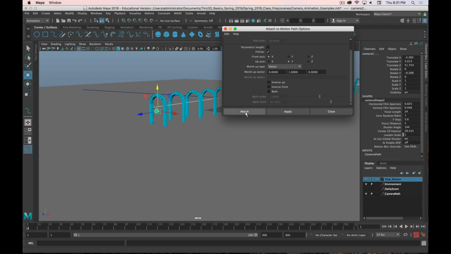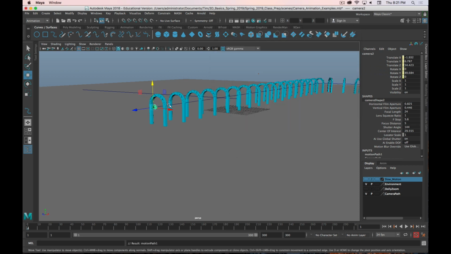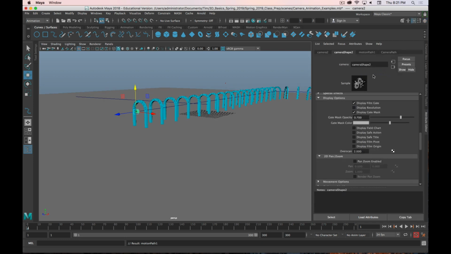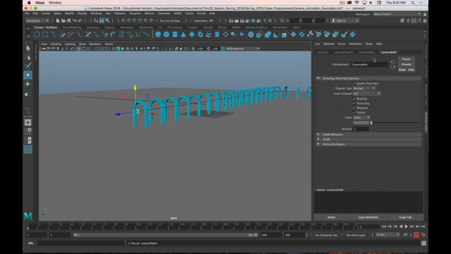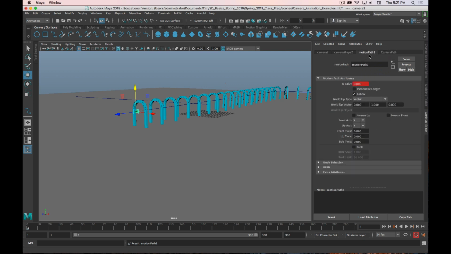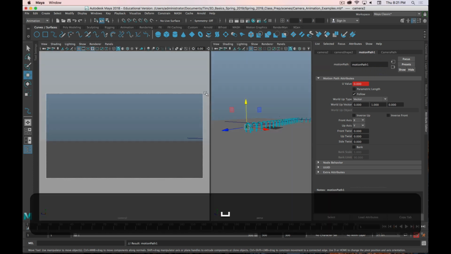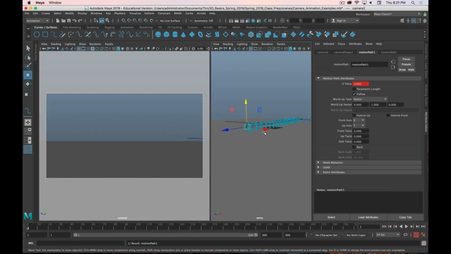So I'm going to click Attach, and the camera's going to jump right up to that path, and the animation is actually already going to be there. In the attribute editor, we now have this motion path tab. I'm going to talk about this in a second. We also have camera path, but let's just take a look at what the camera is now seeing. I'm going to hit play,